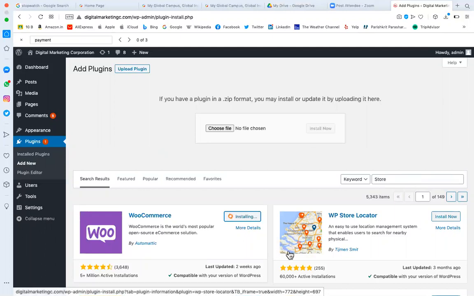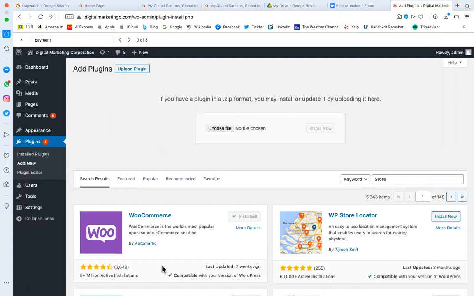If we want, what else? A contact form. We are not able to add the form. So we will look for the form or contact form, find the plugin, install it and then use it. So I want a slider. I will search for slider, find some plugin, install it, activate it, use it.